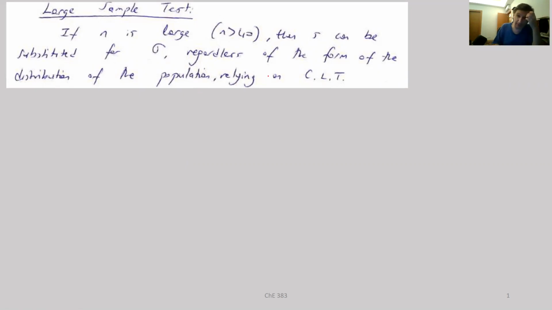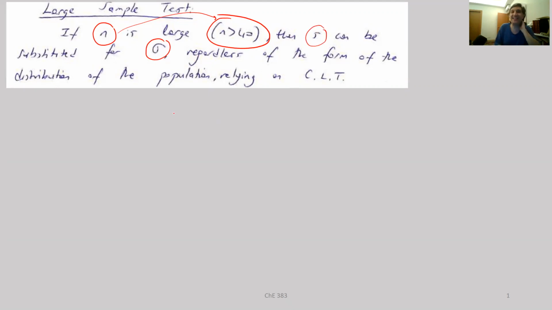The most common thing that we are going to encounter in daily life when we would like to conduct hypothesis tests is we would not be knowing the population variance. So can we use the sample variance, or actually the sample standard deviation, instead of the population standard deviation? If you recall from our discussion on confidence intervals, there were actually two conditions for that. If n is large, and we have given the condition that the sample size is greater than 40, yes, the population standard deviation term can be replaced by the sample standard deviation term.